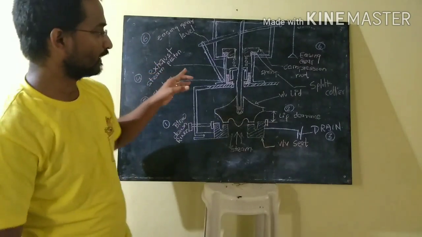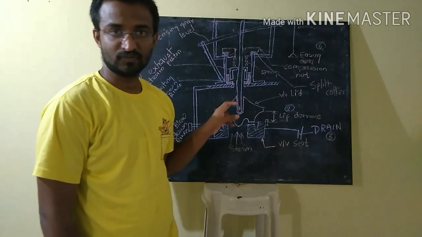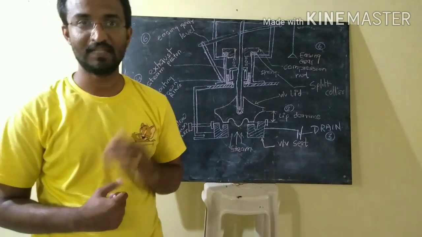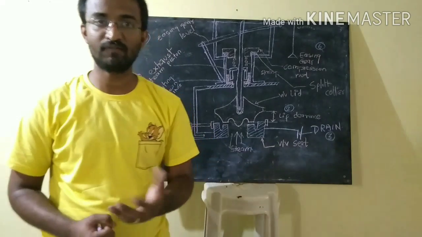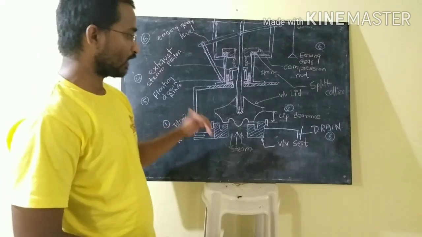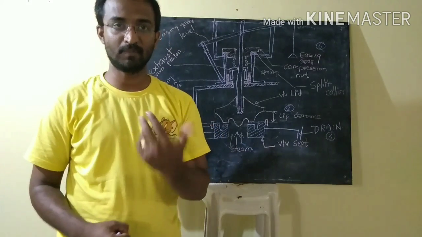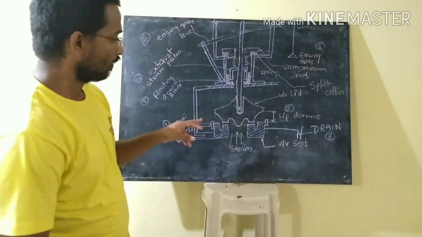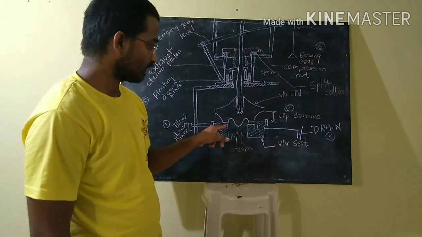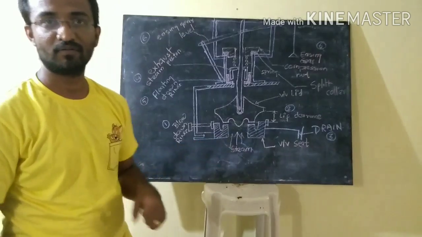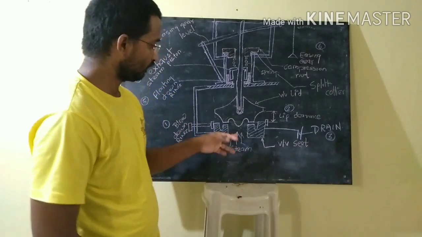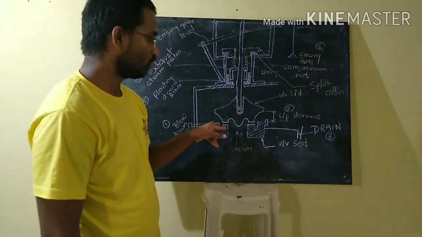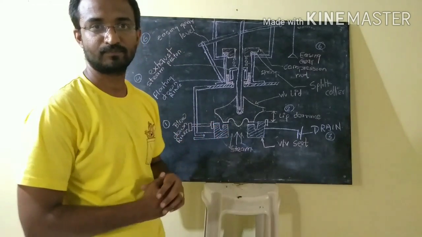The second thing about the easing gear is that in the case of a safety valve, when we use the easing gear, you will get a lift of D/4. When you get the lift of D/4, there will be no accumulation of pressure over there. So in case of emergency, you can use the easing gear. The third thing, whatever dirt or dust particles are accumulated over here, when you use the easing gear, will get blown off. So there will be no sediment or any particle over there.